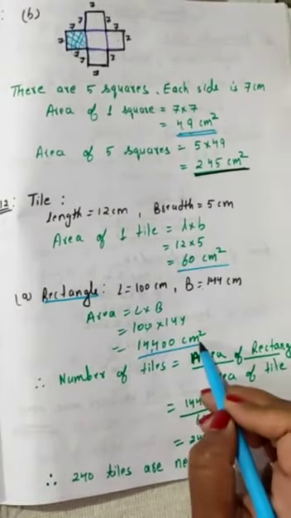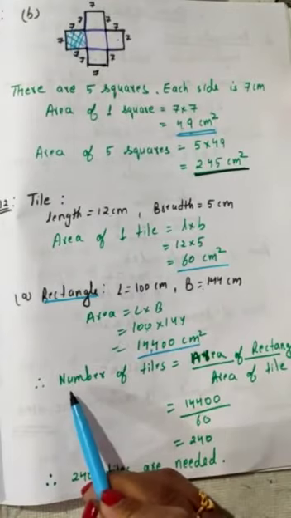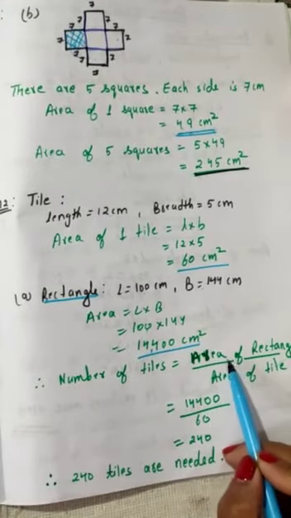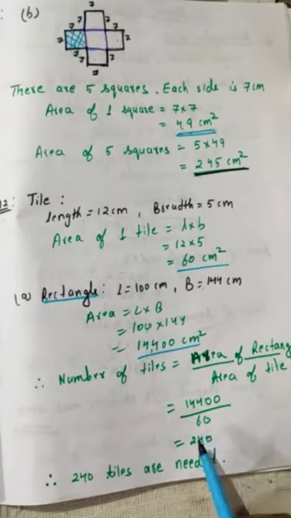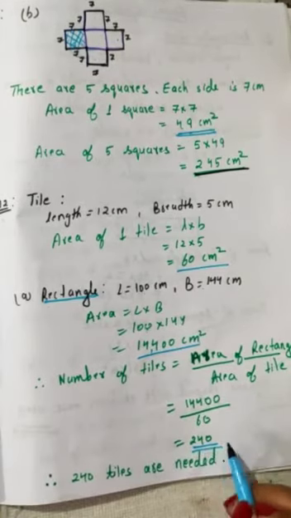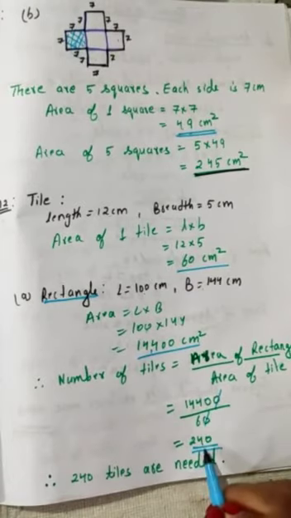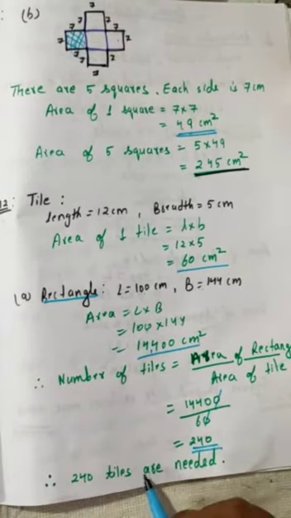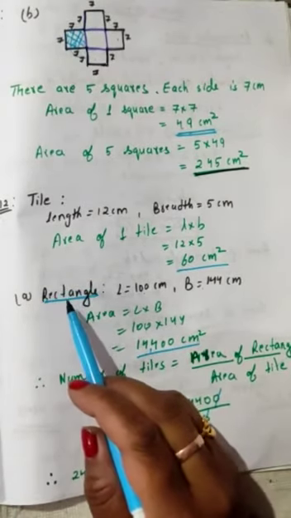Now this is the area of floor and this is area of one tile. So if you want to calculate the number of tiles, then it will be area of rectangle divided by area of tile. So this is coming 240. Okay, 0 0 get cancelled. This you divide by 6. Answer will be 240. So 240 tiles are needed to floor, or you can say, or just tile the rectangular